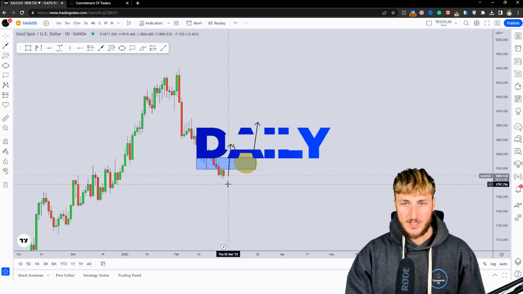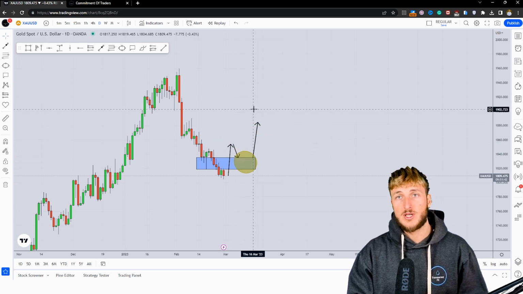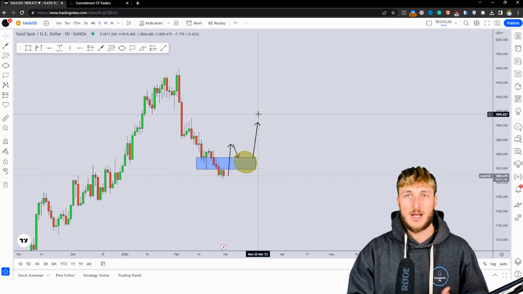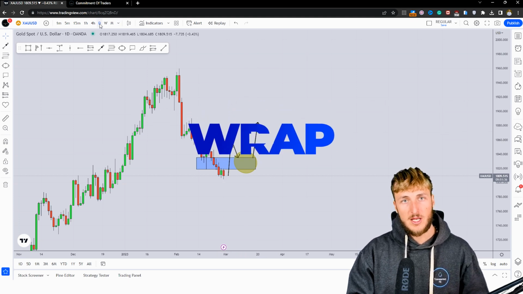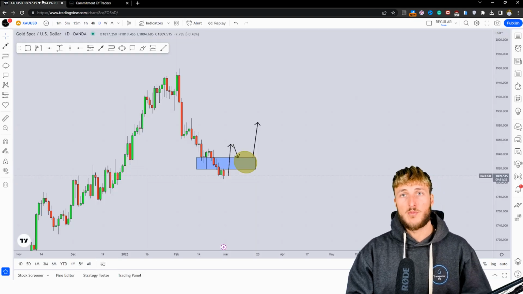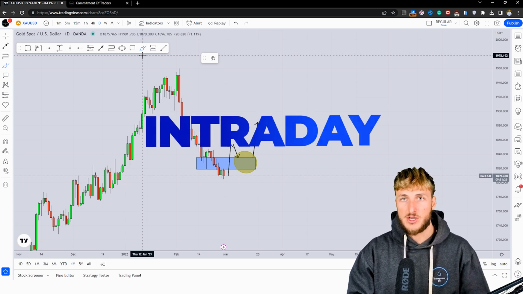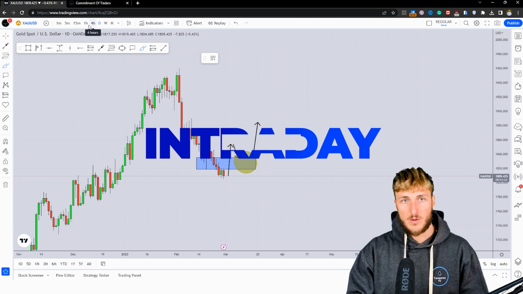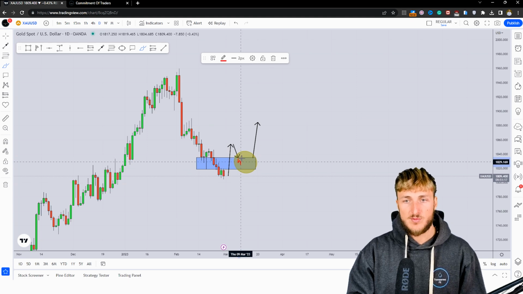So in a situation like this, if we actually get the break on the retest, how we could be approaching a potential rejection higher. Now, as usual, trading is reactive and not predictive. The monthly, weekly, and daily combined with the COT data, those are the best time frames from a directional perspective. However, when it comes to confirmations and entries, the best time frames are the intraday time frames, so 4 hour and lower. Therefore, if we actually get a break on the retest, what we could be doing is monitoring price